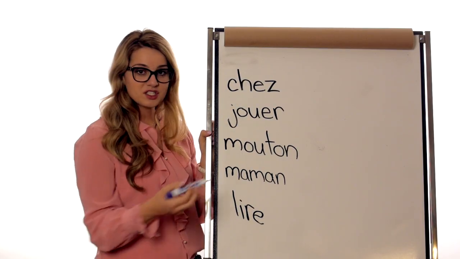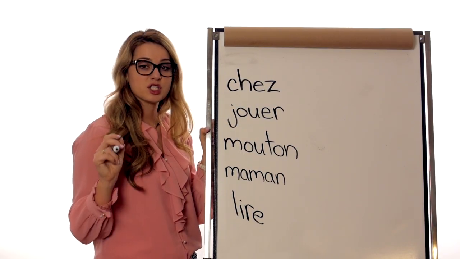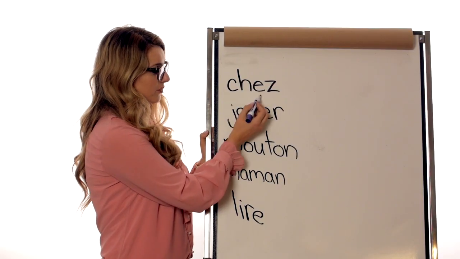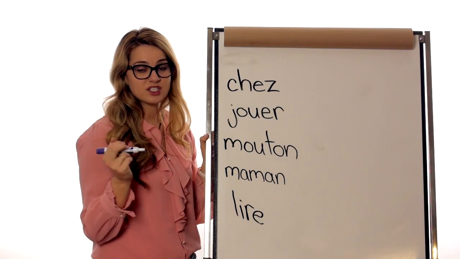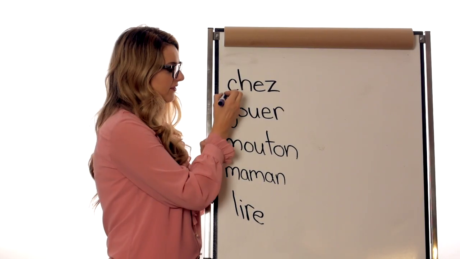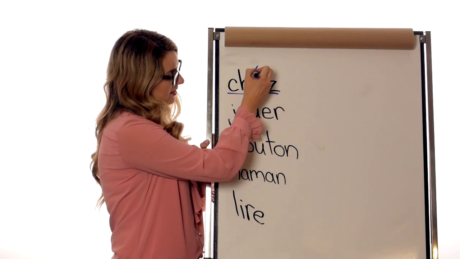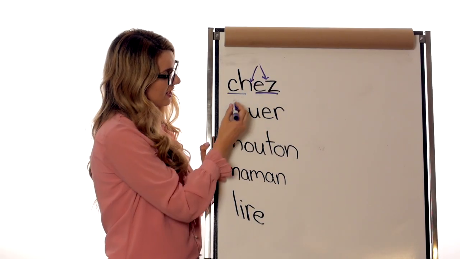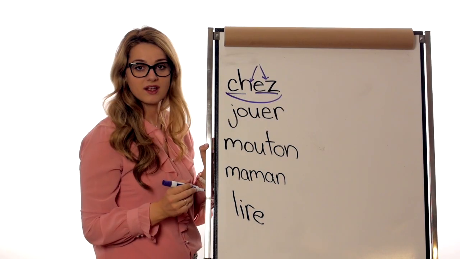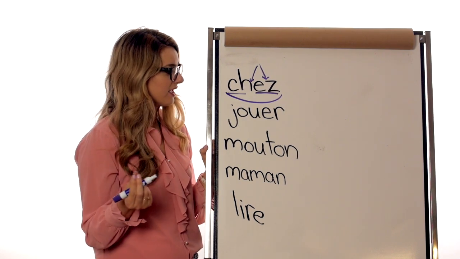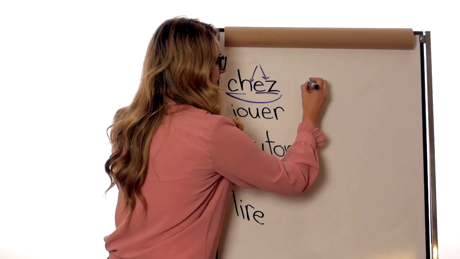So the CH in French makes the sound sh, okay? And then we had already seen the Z, which is A. So we have sh and A. Here we have the sh and here I have the A. So it's she. Okay? That's one syllable. She. Okay? If we had a word like